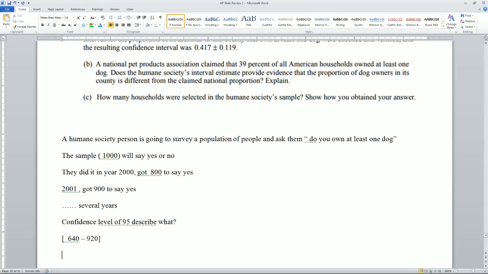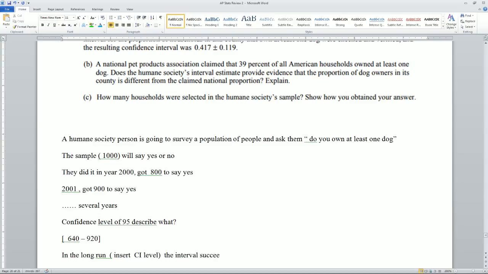Okay, follow this format. This is exactly how I want you to say it. First of all, say this: in the long run, insert the CI level, the interval